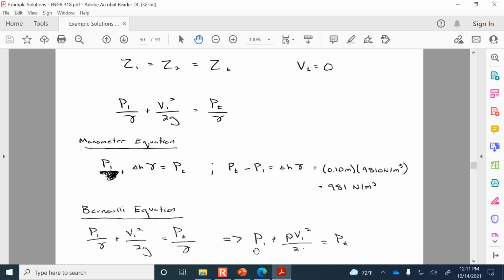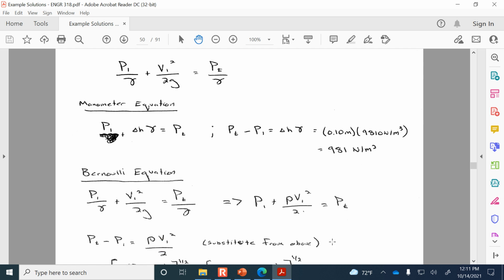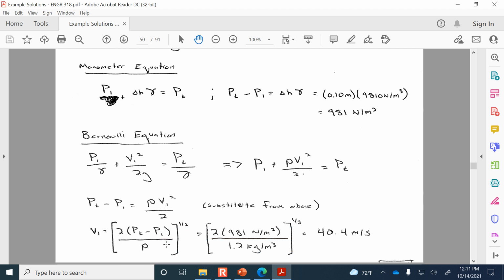If we move the P1 over to the right-hand side of this equation, we get that the change in pressure is just density times the velocity at 1 squared divided by 2. Ultimately, if you rearrange it algebraically to solve for V1,